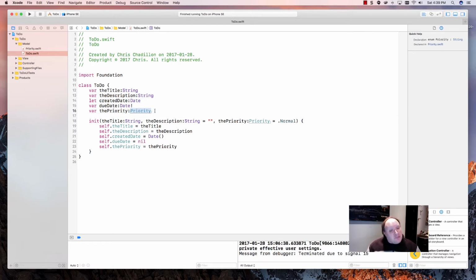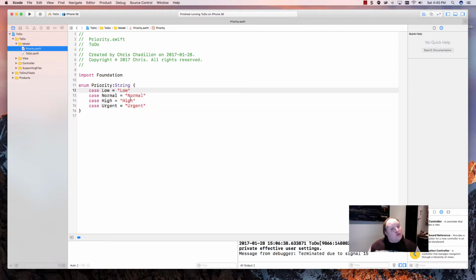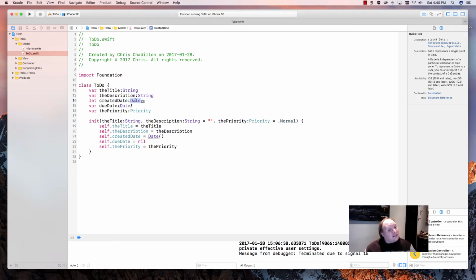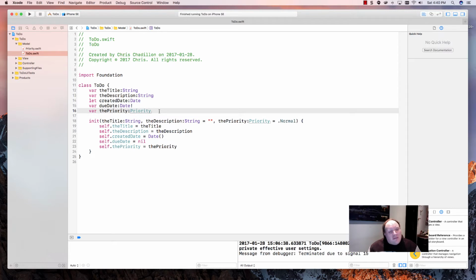We know that priority, for example, is an enum, and that enum really has no external value except for the string that we gave it. But if we tried to print the priority, we wouldn't necessarily get the string. Same thing for the date created. How will the date come out if we print it? Is it going to come out month, day, year, month, day, who knows what? So what we're going to do is make some computed properties that will print things out the